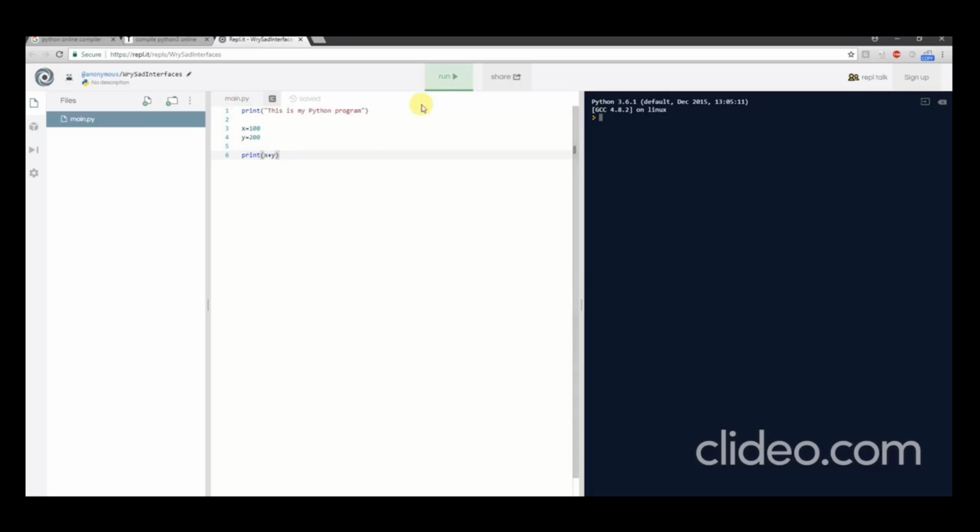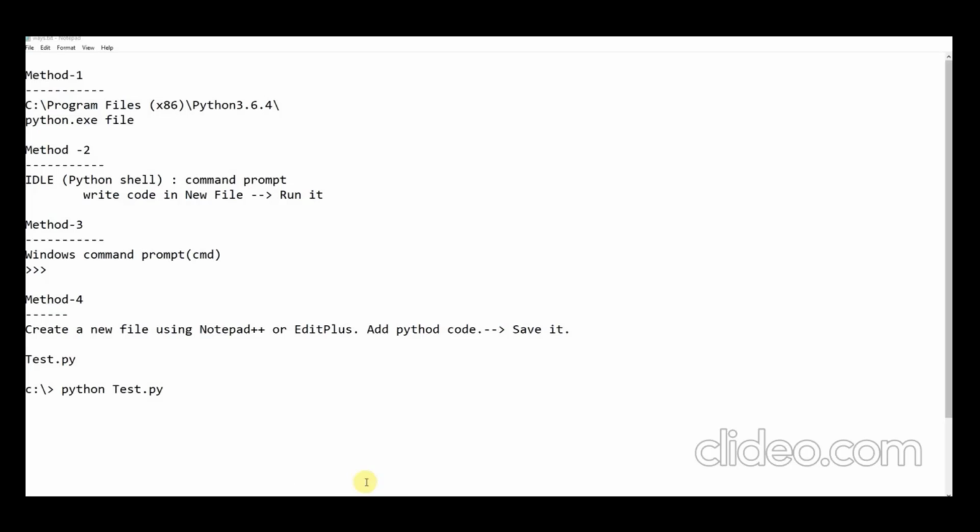There are n number of compilers available. If you want to execute your Python code on the spot online without installing Python in your local system, go for this. These are all online compilers, and this is one of the approaches. So what is that? Fifth approach, method 5, is by using online compilers.